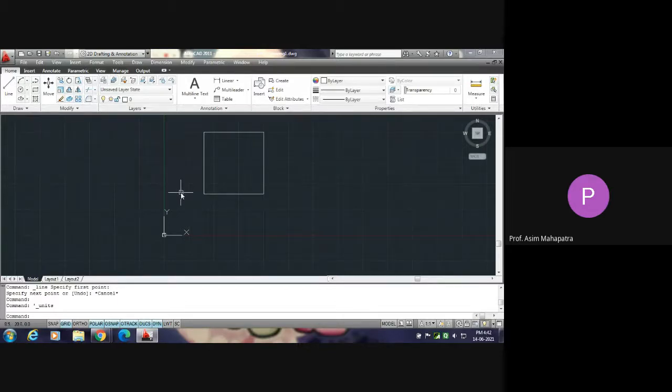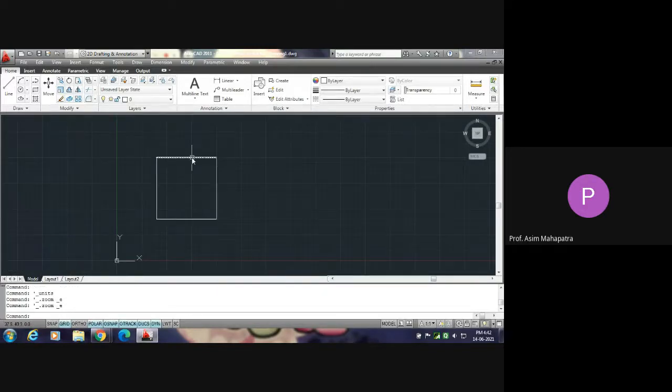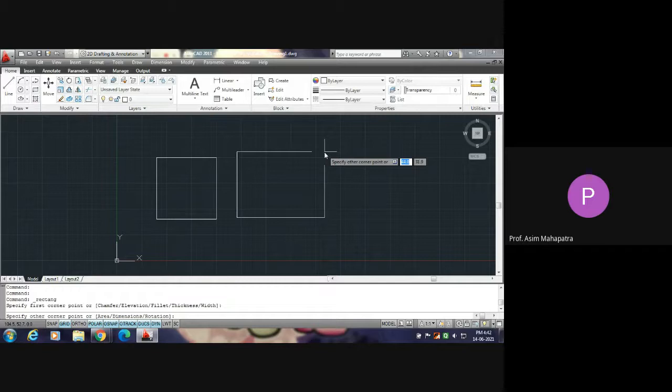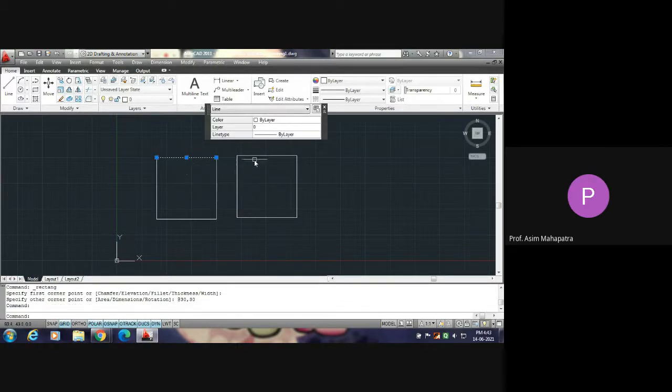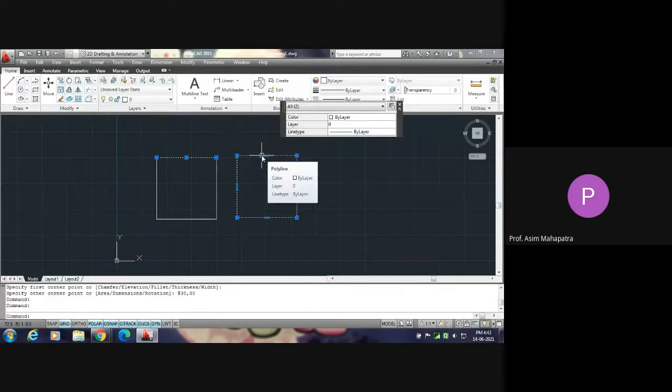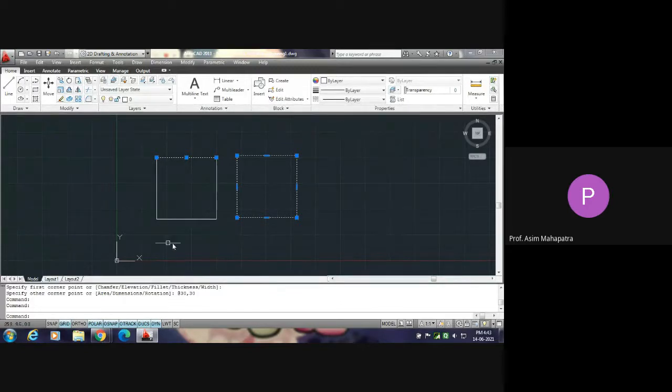How can you select an object? That's very important. Suppose there are 2 similar squares side by side. If you click on a line of the first one, it will be selected. But for the next one, if you click on that square, you see the total square is being selected. Can you tell me why it is happening so?